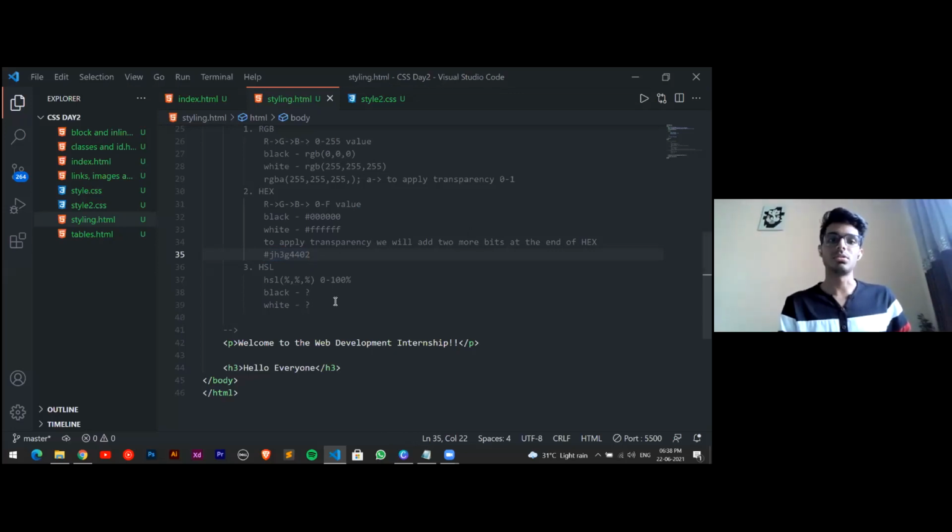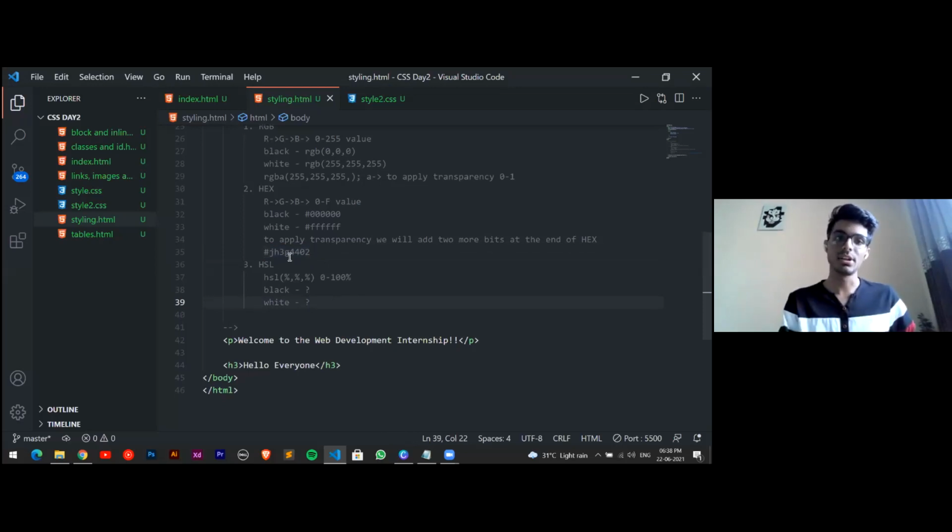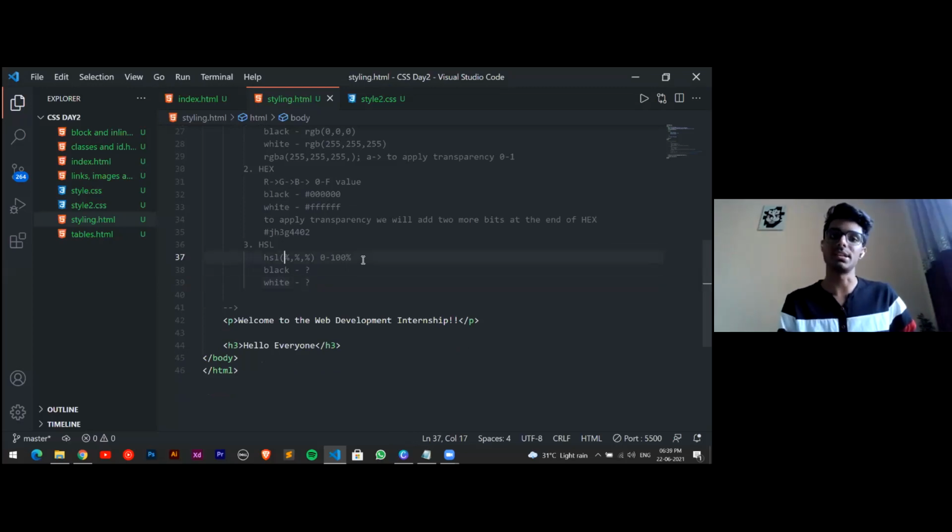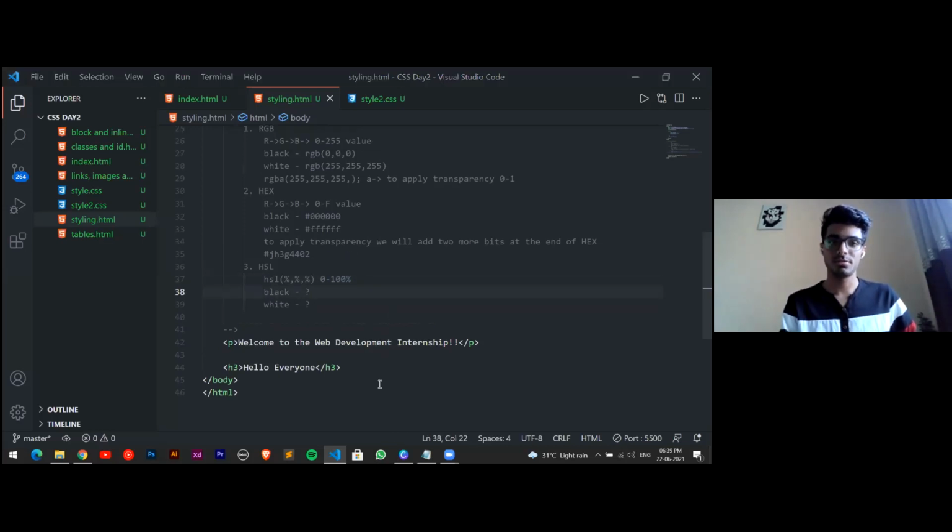Okay, so the next method is the HSL method, that is hue, saturation and lightness. Here we will provide a value from 0 to 100%, that is, we will be providing the values in a percentage manner. If anyone can guess what will be the black and what will be the white following the above conventions, please put it in the chat box.